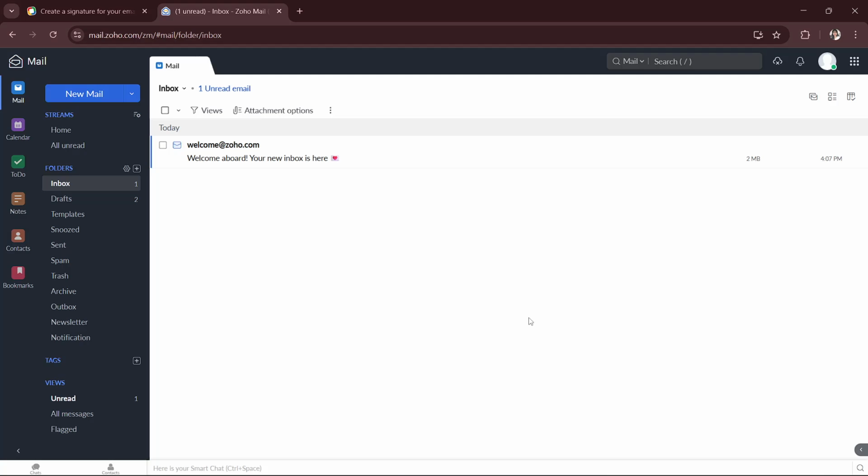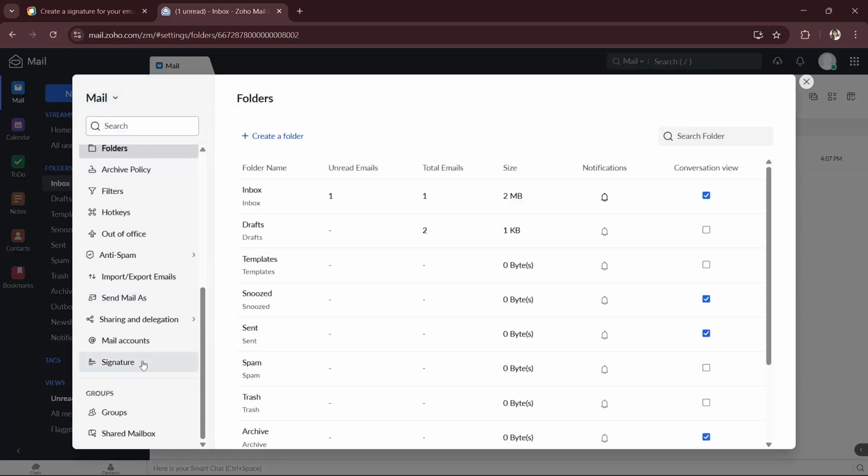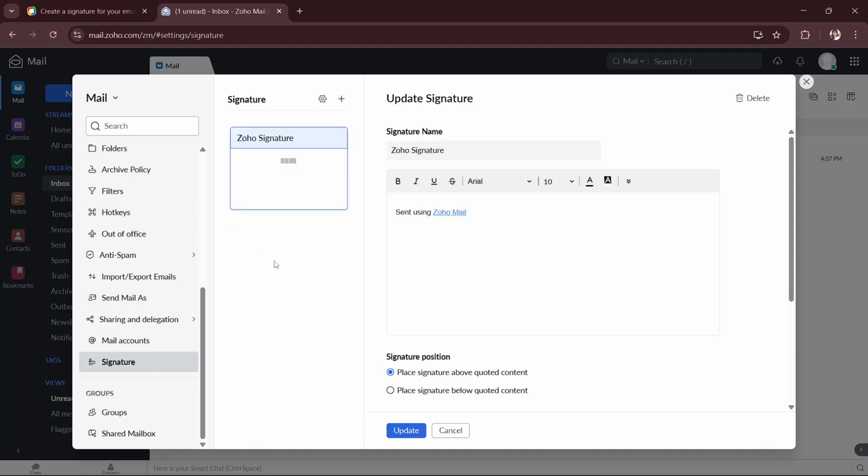So after logging into your Zoho Mail, you will go ahead and click settings, which is right here. And then what you will do is click that, and you will look for signature. Just scroll down a little and then you will see it. And once you see signature, what you will do is click this button right here, which is add